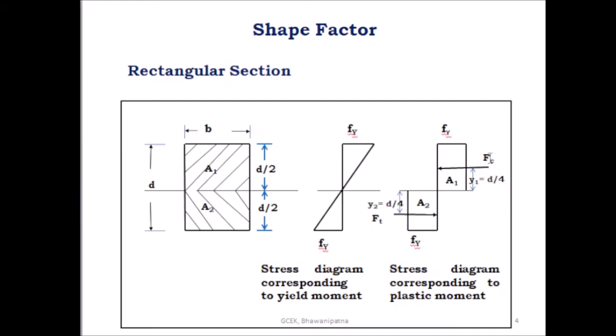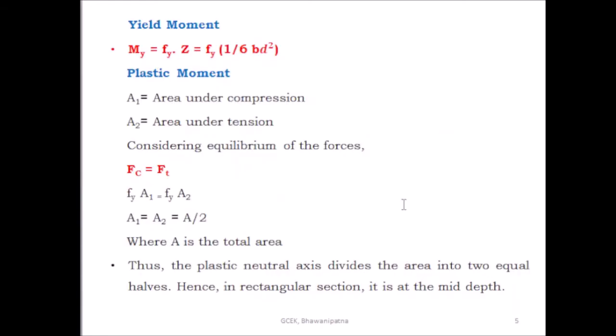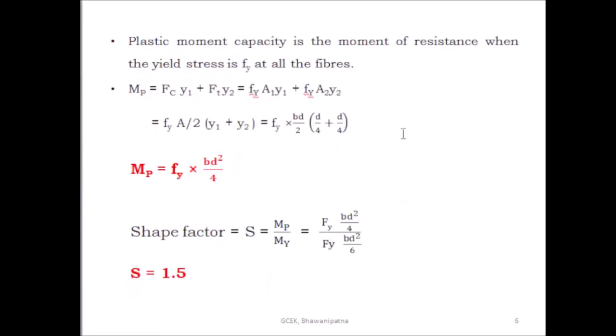So that is the moment Fc into the distance Y1 plus Ft into the distance Y2. But we know the compressive force is equal to Fy into A1, and the tensile force is equal to Fy into A2. Then after taking Fy A by 2 common,